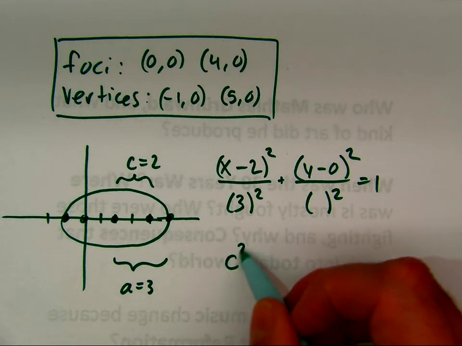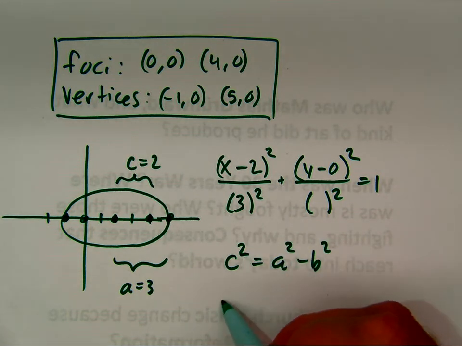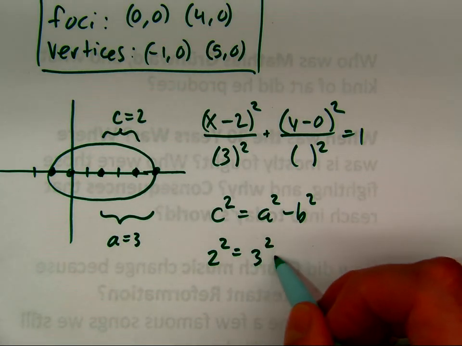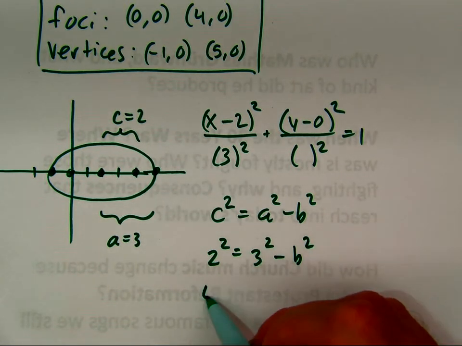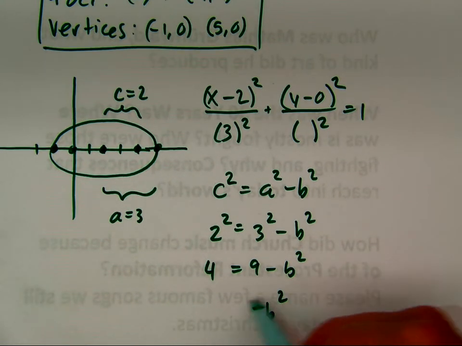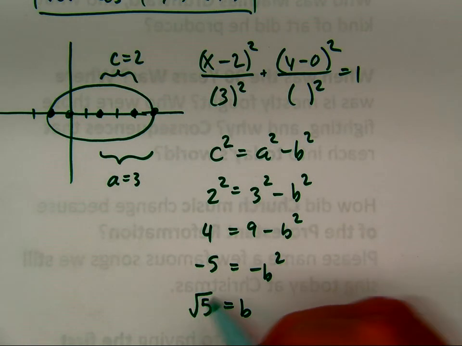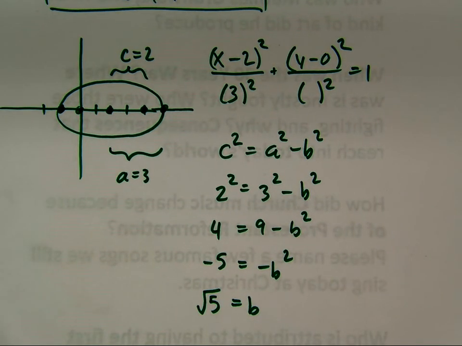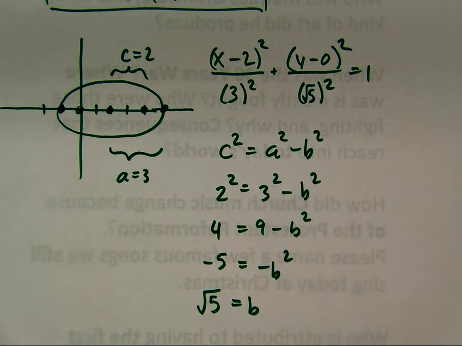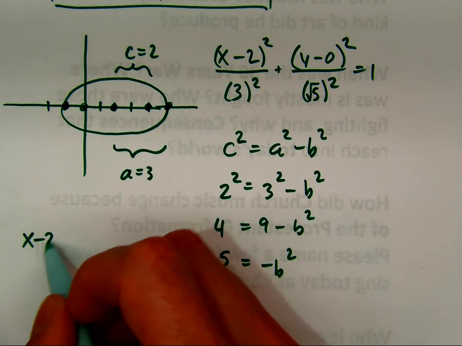So we'll go back to c squared equals a squared minus b squared. B is square root of 5. That means if we put the square root of 5 right there, we'll just have a 5 in the denominator. So the final equation is